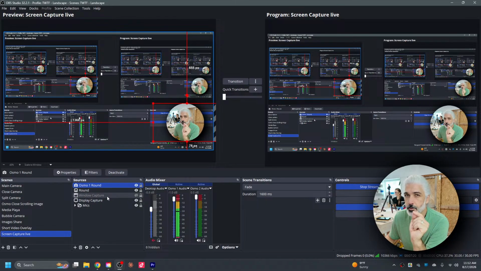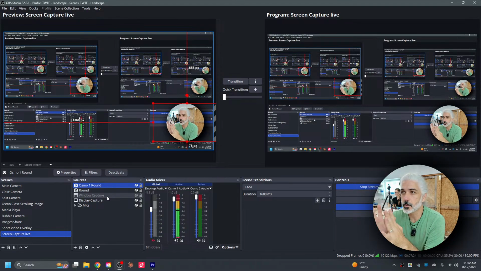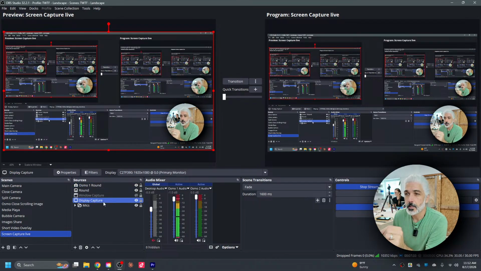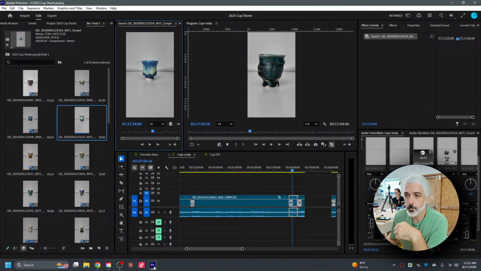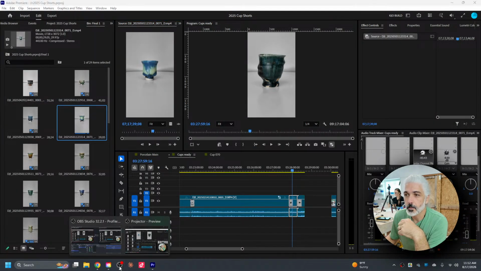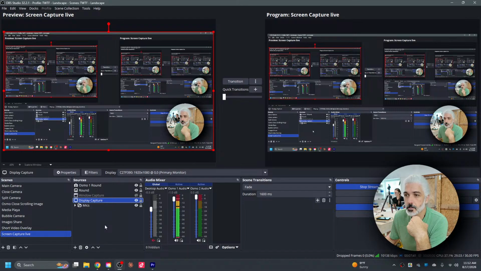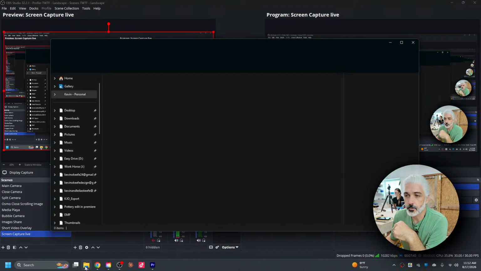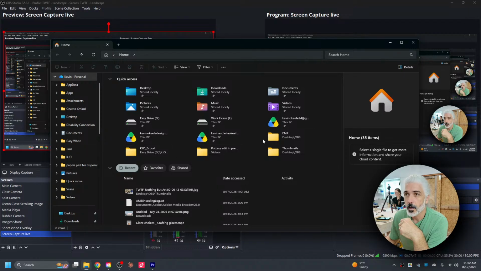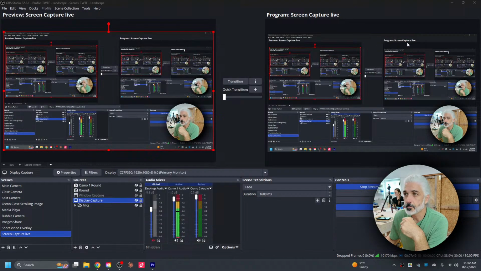I used a window capture, but the window capture would only pick up Premiere, whereas with the display capture I can pick up Premiere, OBS, and also whenever I go to pull open a file.